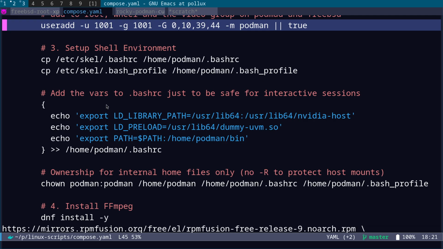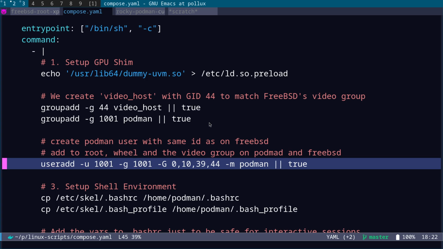Next, what we're doing is we are echoing the LD_LIBRARY_PATH. And this is important. So we've got the usr lib64, which is the default. But what we're doing is we're actually appending the usr lib nvidia-host library path to that. So this section here is what,